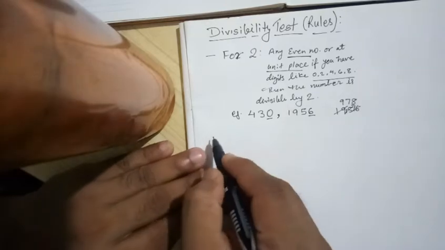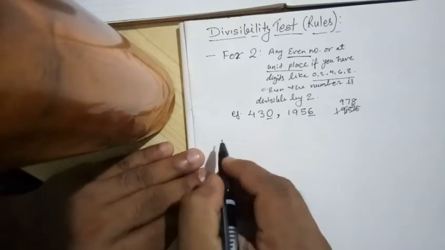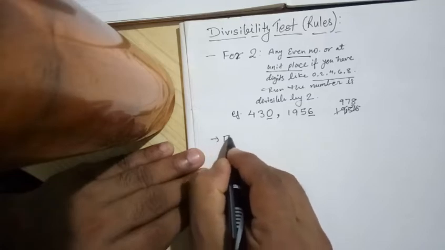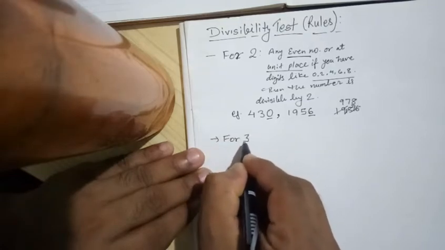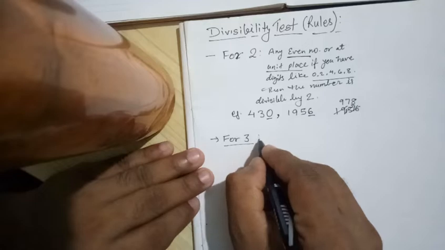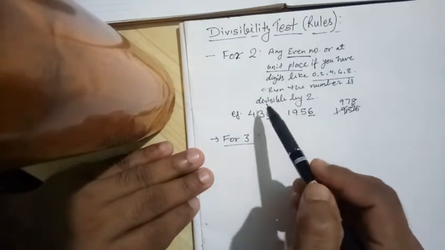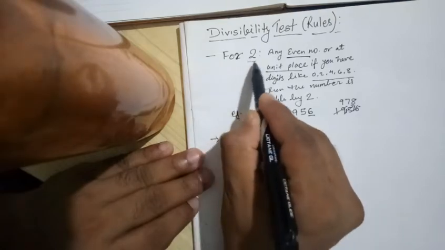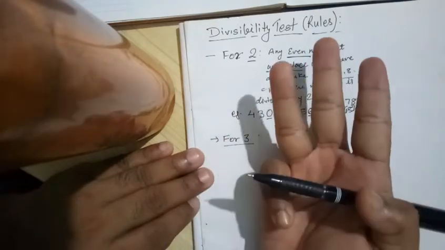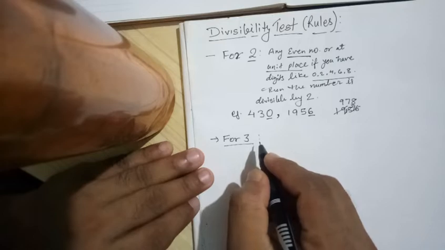Now let's move to the next, very exciting, and I love this one. The next one is for 3. Now 3 is an exciting number. Now how to find out whether any number is divisible by 3 or not? If the given number is not divisible by 2, then we have to look for 3. And the divisibility test for 3 is,